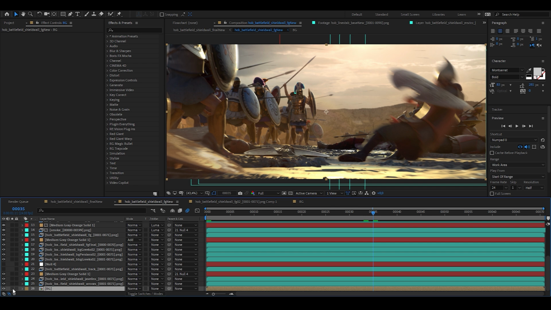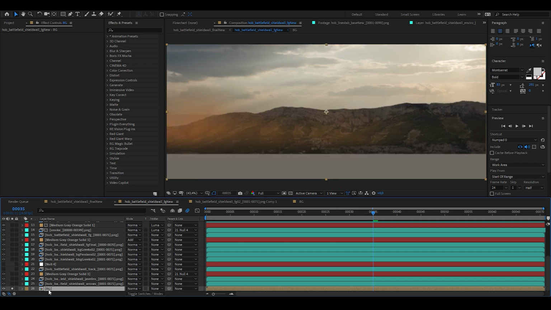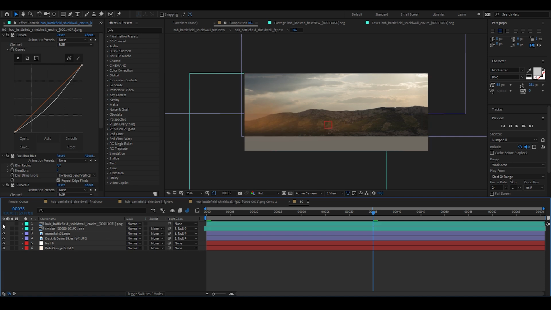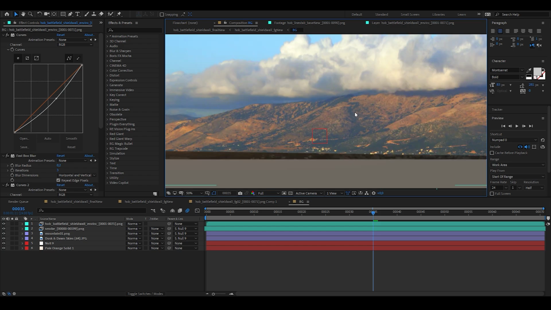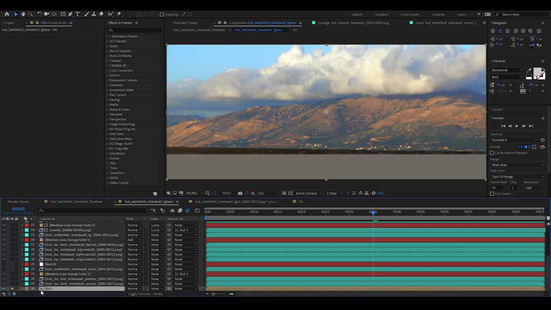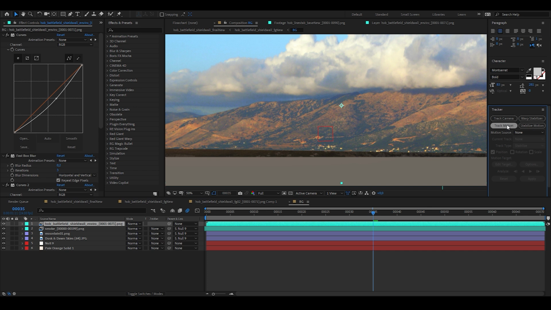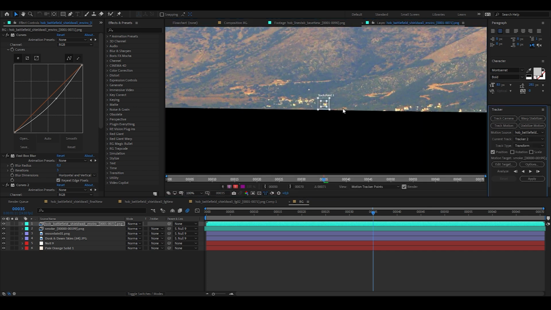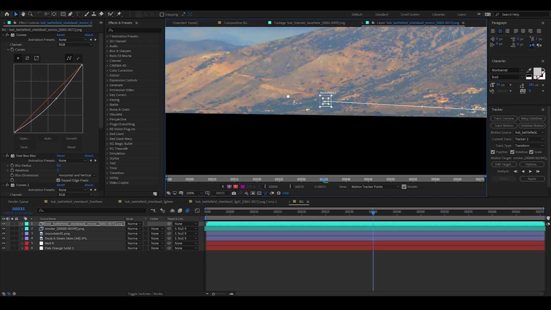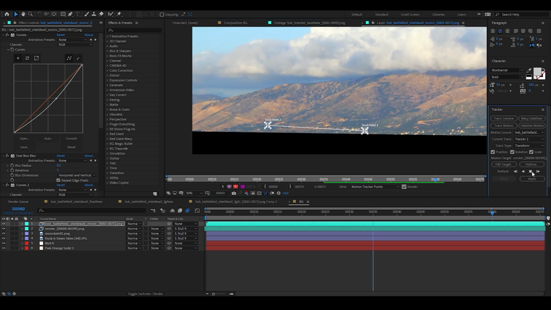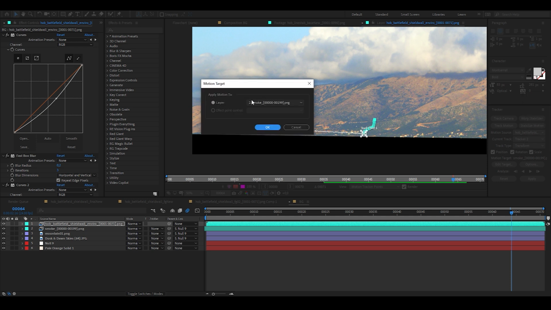I started with the environment in the background, and right off the bat I did something interesting here, worth mentioning. I actually didn't like the way the rendered background looked, and I didn't really want to jump back to Blender to experiment with the images there. Instead, and here's the beauty of compositing, I tracked the rendered environment layer and I created a null object where I put the tracking data.